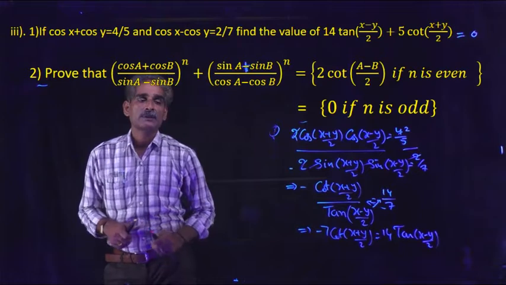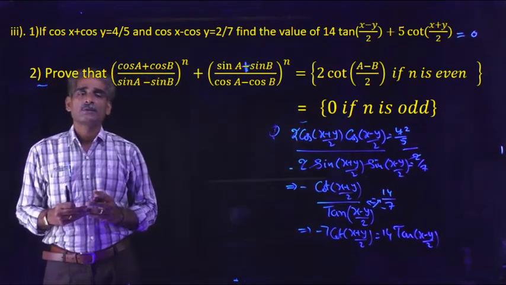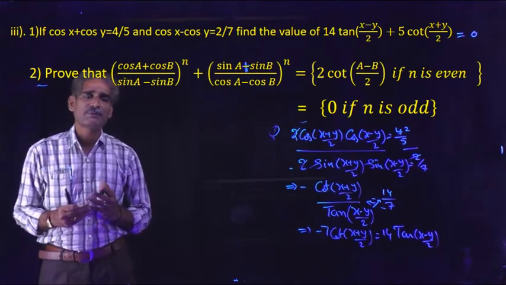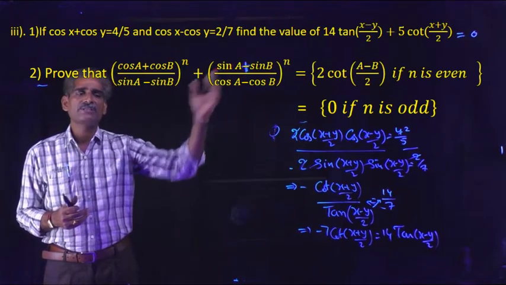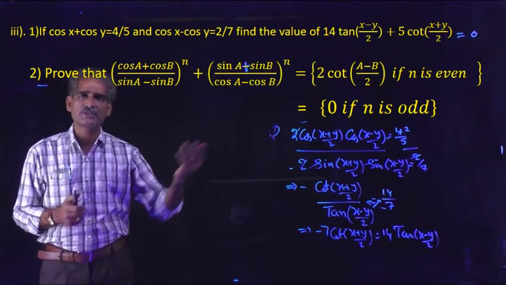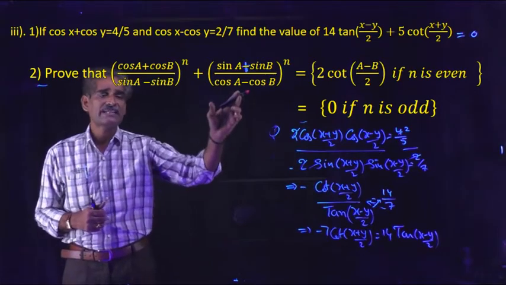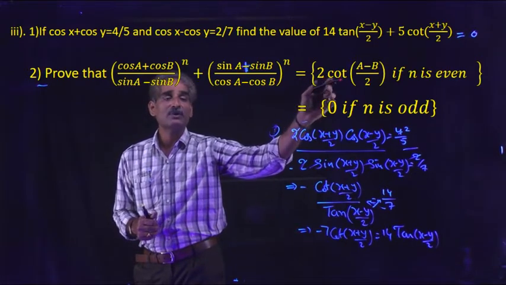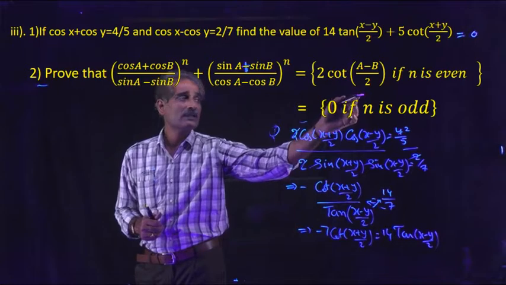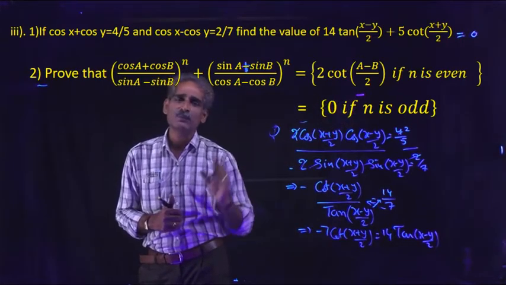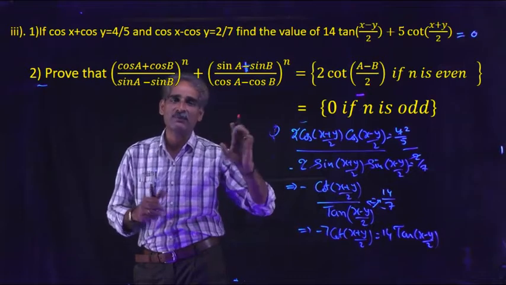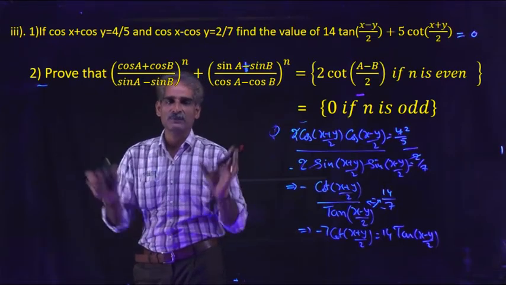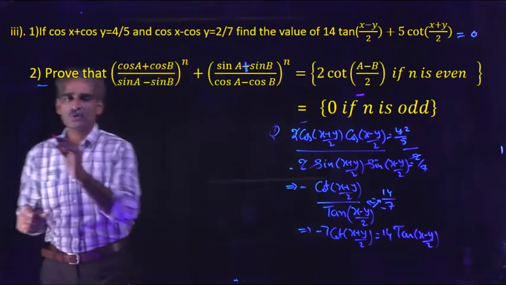So now observe the second problem. Prove that ((cos A + cos B)/(sin A − sin B))^n + ((sin A + sin B)/(cos A − cos B))^n equals 2 cot of something if n is even, and if n is odd, that is equal to 0. So observe the right side. Here 2 cot((A−B)/2) if n is even. Observe the angle. This is important. The angle (A−B)/2, that type of structure is possible from these two values only by transformations. So you have to apply transformation formulas for both expressions. Okay. So now come to